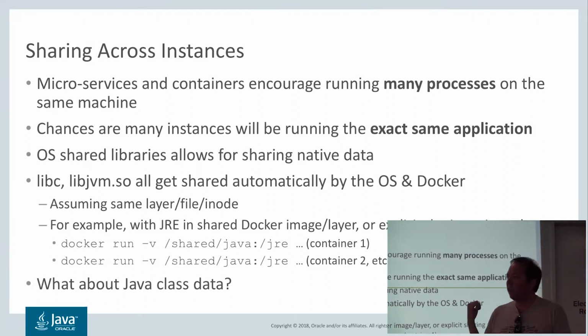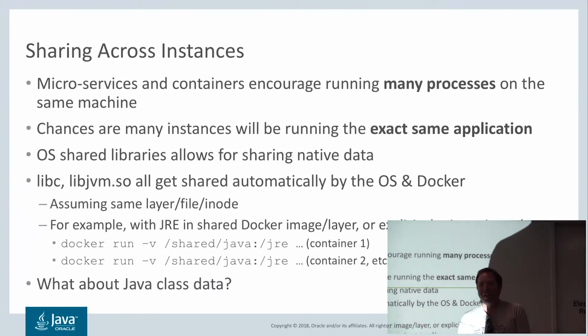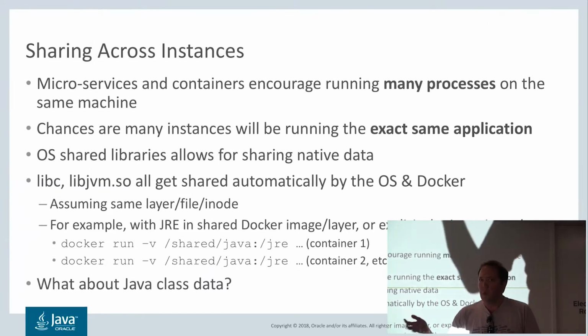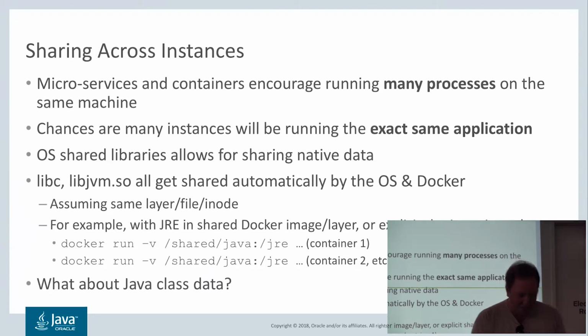The insight here in the Docker world we're in, or the container world we're in, is that there will be a lot of instances running on the exact same machine, and you'll also likely see almost or the same or almost the same applications being run on that same machine. At least they'll share the JRE, probably, or, I don't know, you know the Java frameworks better than I do, like Spring Boot, maybe? Is that a framework? Yeah. I'm a JVM guy.